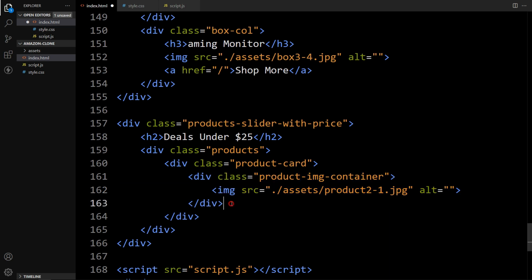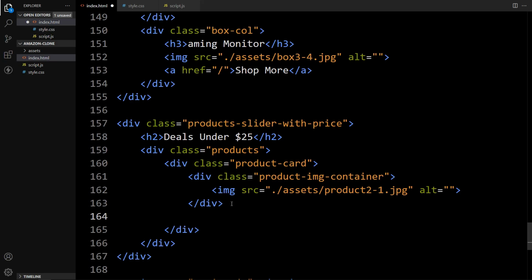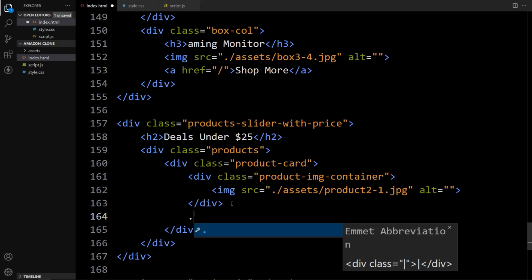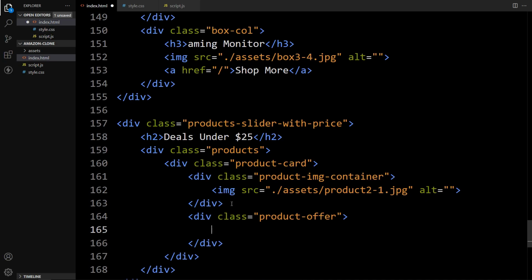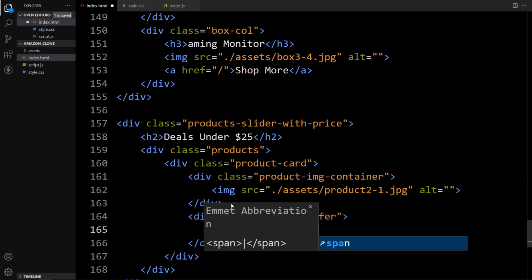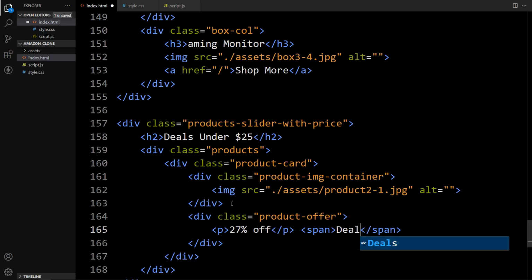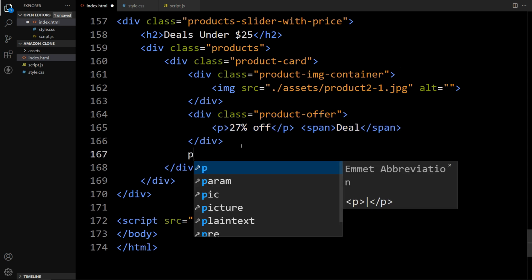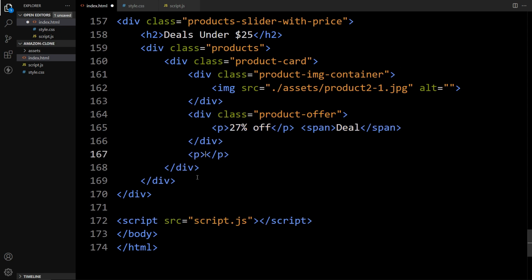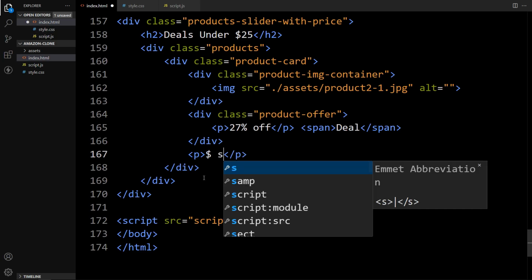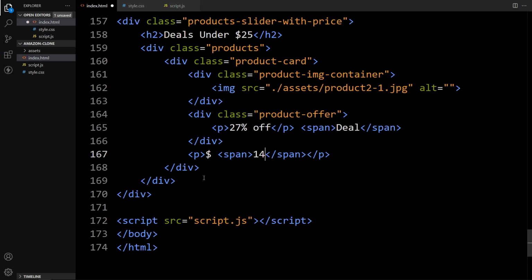Now after this div we will add another div with the class name product offer. In this product offer we will display the text in a p tag, that is 27% off. Then another text, so we will add a span tag, and in this span we will add deal. After this div we will add one p tag, and in this p tag we will add dollar, then a span. In this span we will add the price,